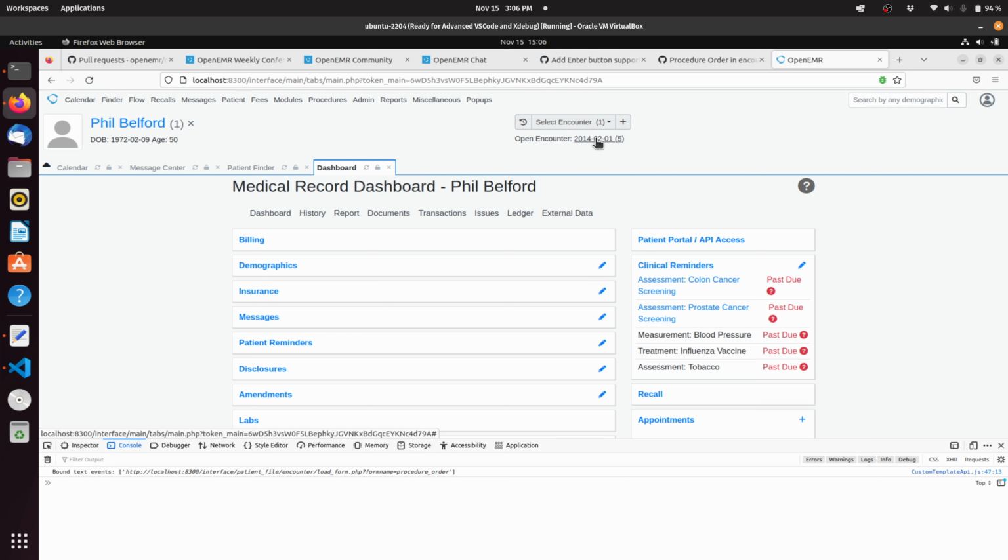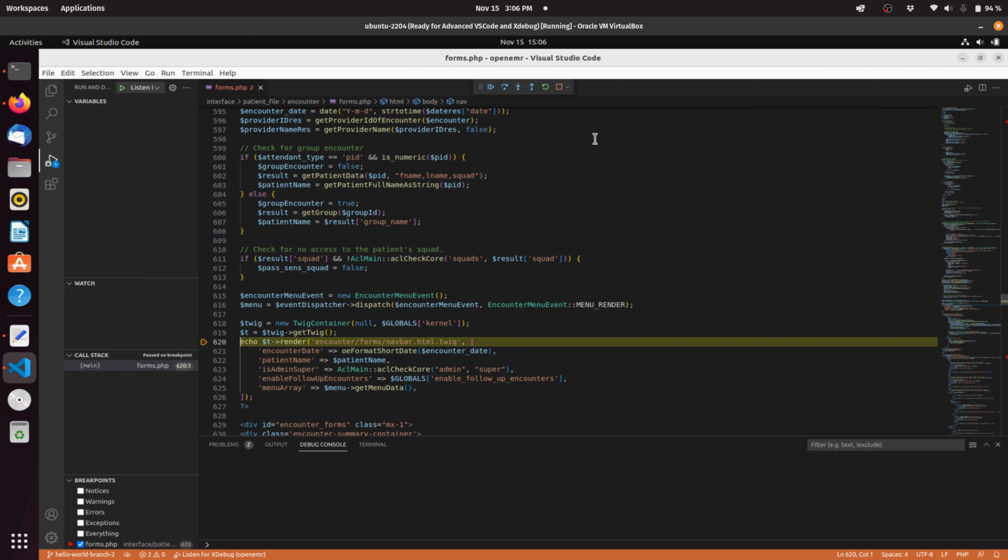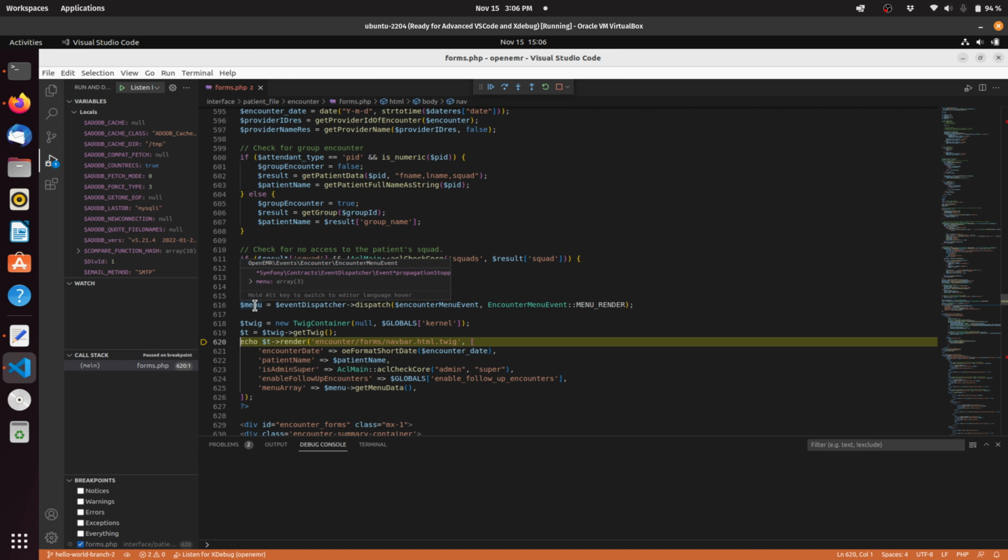So then we're going to close that encounter screen, and now we're going to click on the encounter link again, and as you can see, it goes to the breakpoint in Visual Studio Code. So the script has essentially been stopped at this point. And now you can start hovering over variables to see what's going on. So if we hover over this menu variable, we can see that it has some data in there,